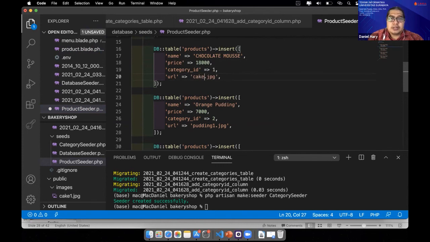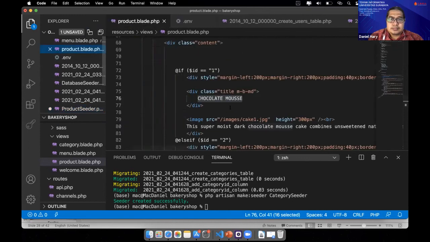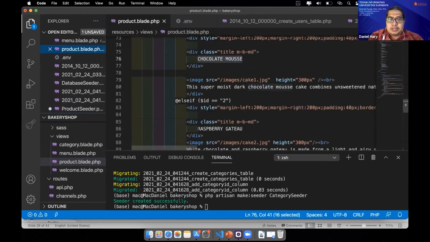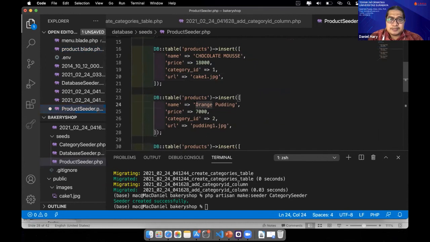I have file X1 GPIC. And then for the second, Raspberry Pi, and category ID should be 1.